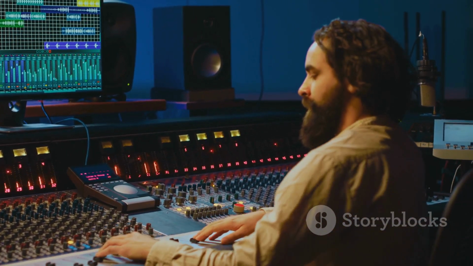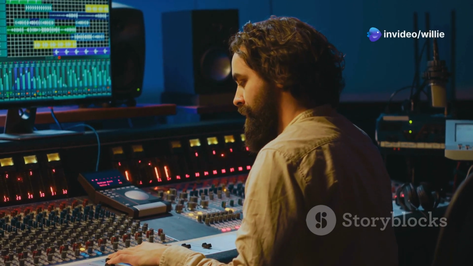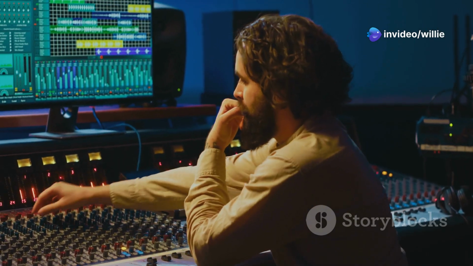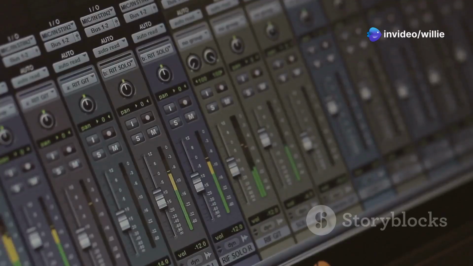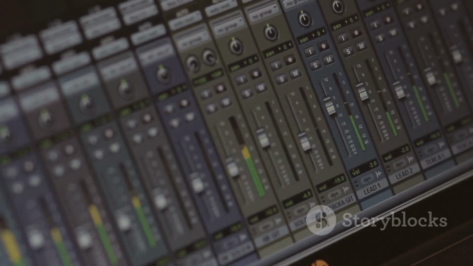Here you can cut, copy, paste, and move regions around to build your song. You can also zoom in and out to get a detailed view of your tracks or a broader overview of your project. The mixer, as its name suggests, is where you'll balance the levels of your tracks, add effects, and